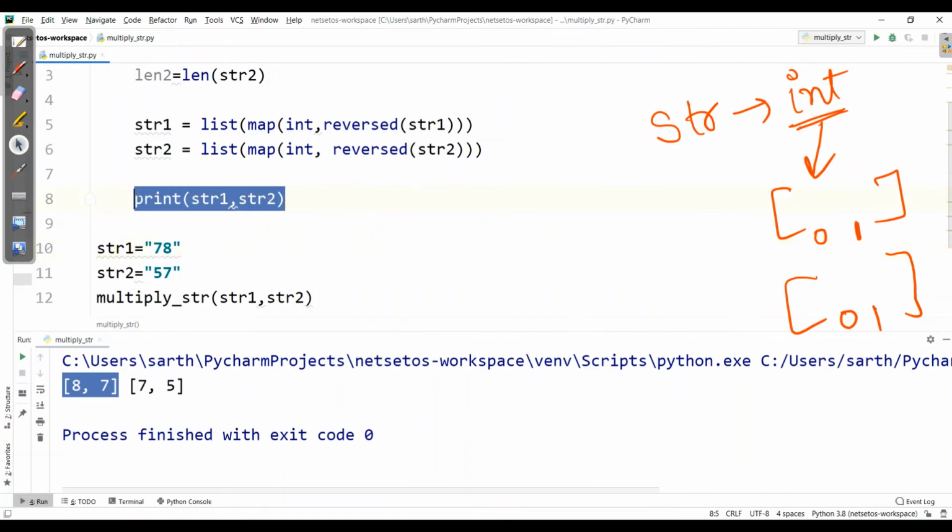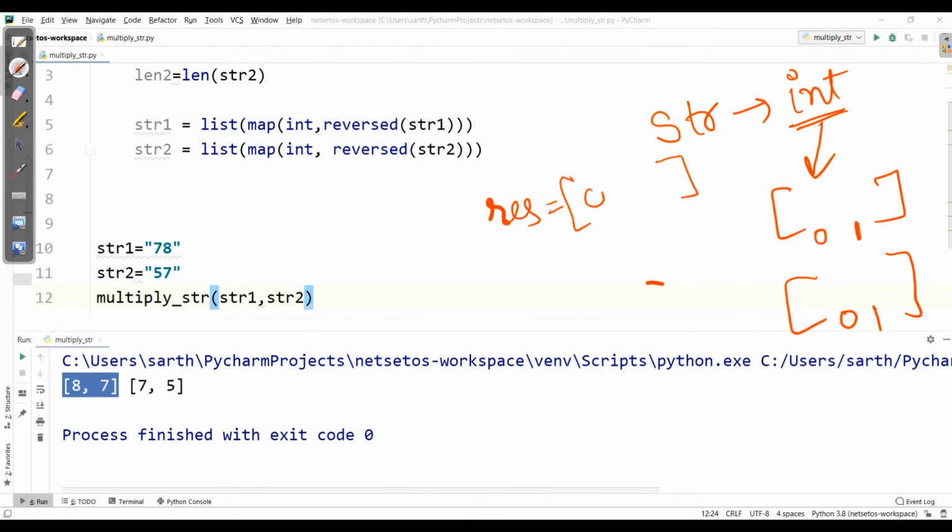Now let's delete this. Now here I want a result. So I'll write for result where I'll have all zeros, so that I'll perform the operation in this result, where I'll take 4 digits, as we have 2 digits in str1 and 2 digits in str2.